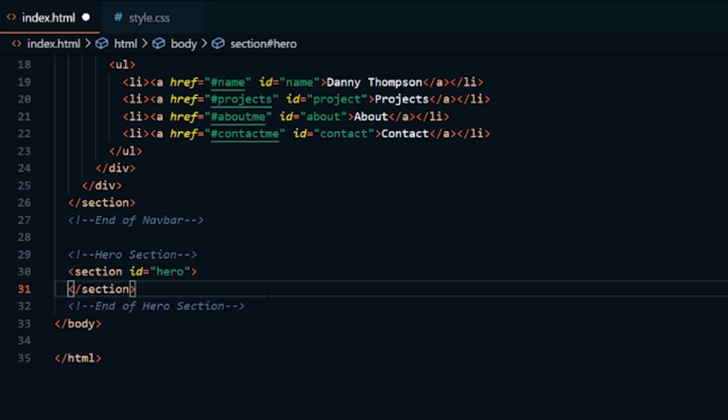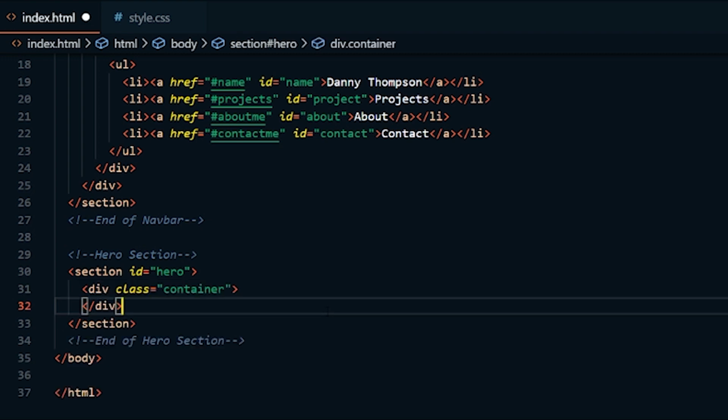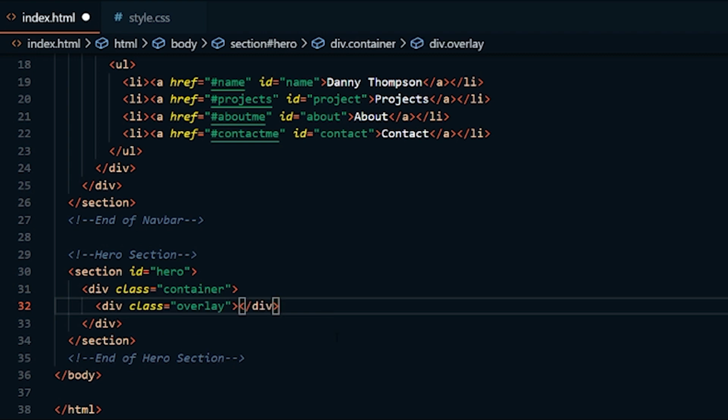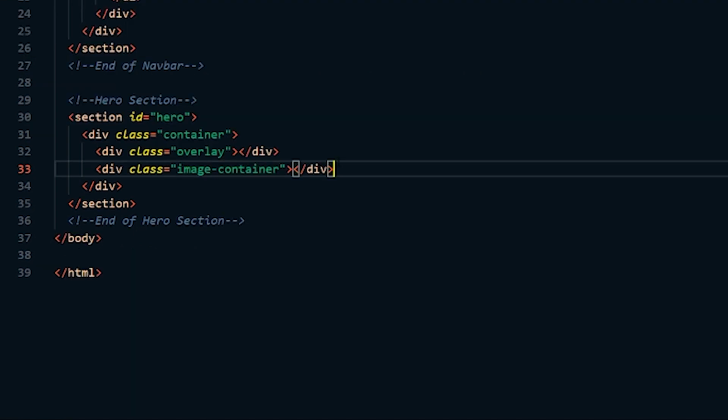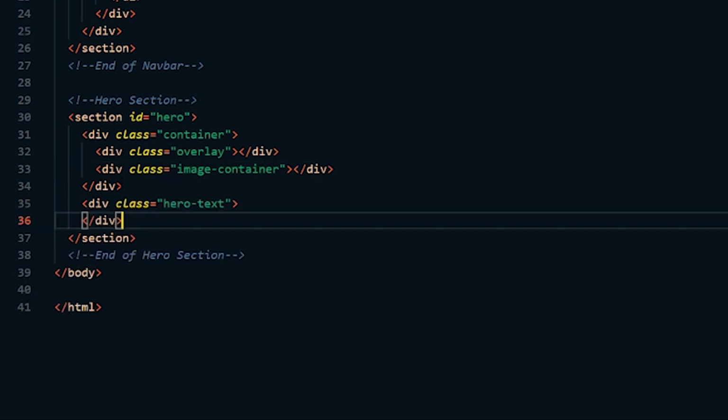We're making our section ID like we did above, but this time we're giving it the ID of hero because this is our hero section. We are doing a div with the class of container because we need our container. Now this is going to be our overlay. We're going to have an image, and above our image we're going to have a little bit of a dark overlay, and we are adding an image container, and that image container is going to hold our image that we add. Outside of our container, we are going to have our hero text, which will be on top of the